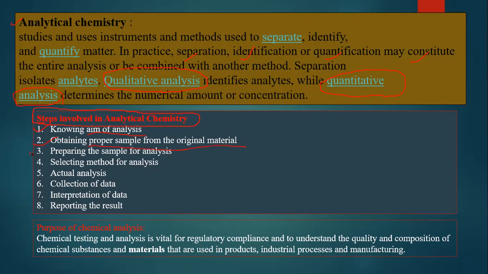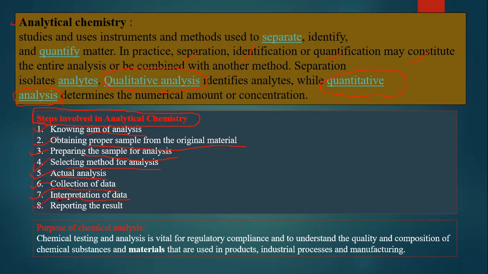That is very important. Then preparation of the sample for analysis purposes. Then which method you are going to follow for the purpose of analysis, that is also very important. Then the actual analysis: now you have selected the proper method by which you are going to do the actual analysis. After analysis, you will get the data in your hand in the form of readings. After that, you are going to do the interpretation of that data or those readings, and after that, you will get the final result in your hand.